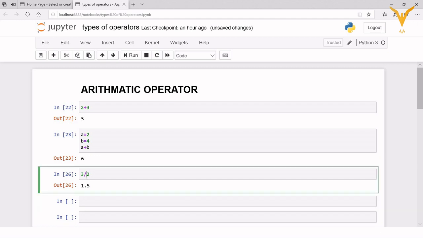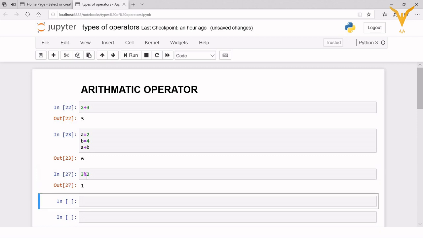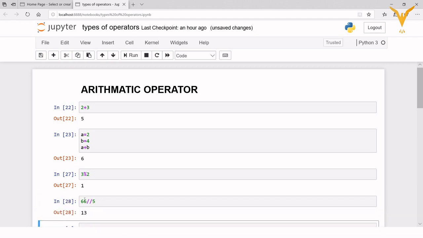Then we have modulus operator. So this will give you 0, 1. And then we have floor division. So take an example as 66 floor division 5. So this will return you 13.